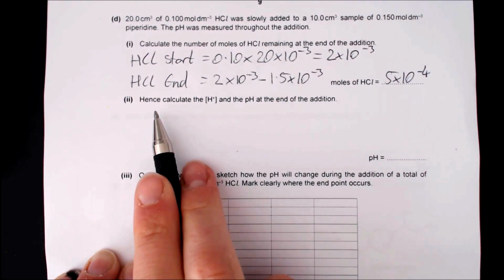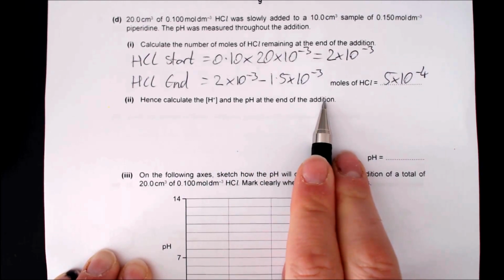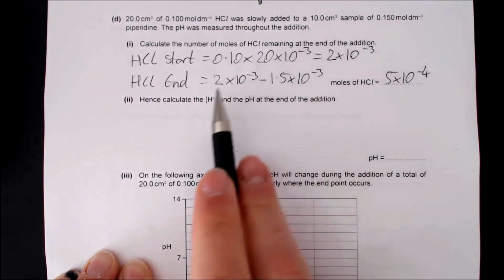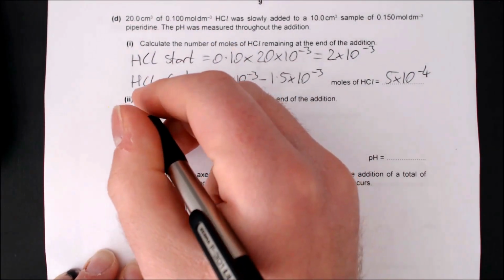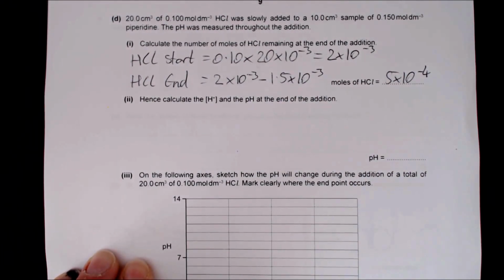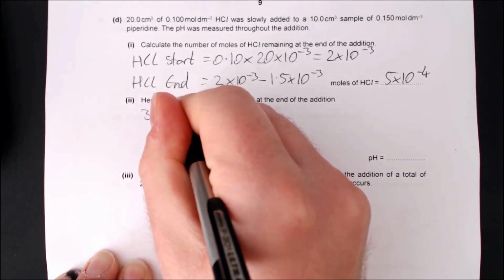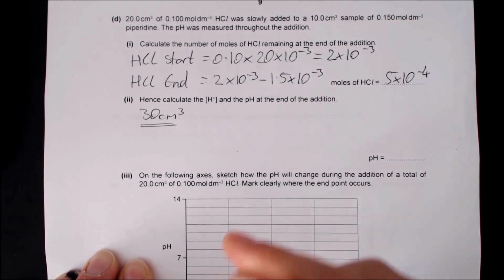Okay, right, it says hence calculate the concentration of H plus and the pH at the end of the addition. Now this whole solution, we added 20 in here and 10 here. We have 30 centimeters cubed of the solution. So that's really, really important. We need to work out the concentration of HCl at the finish. Let's just put that over there just to remind us. We have 30 centimeters cubed in total. It's very important. So the concentration of HCl,